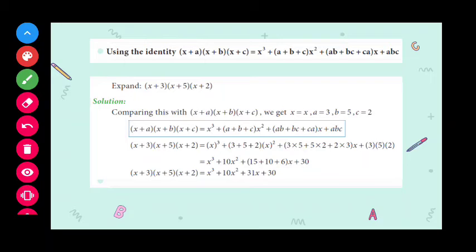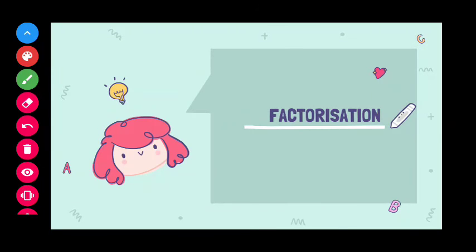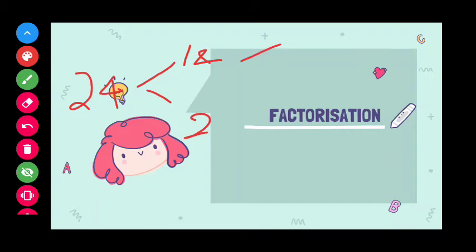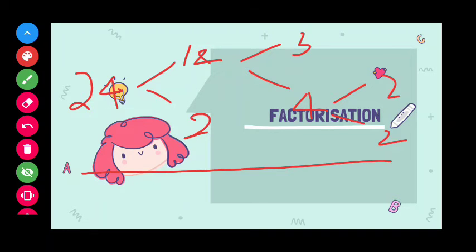Okay, so let's proceed to the next part, factorization. Before getting into factorization, what do you mean by factors? Factors are something which make up a number. Okay, so if I ask you the factors of 24, you may tell it is 12 and 2. So the factors of 12 are 3 and 4. The factors of 4 are 2 and 2. So it keeps on going until it reaches a prime number. That is what you call prime factorization. So this is how you find factors for a number.